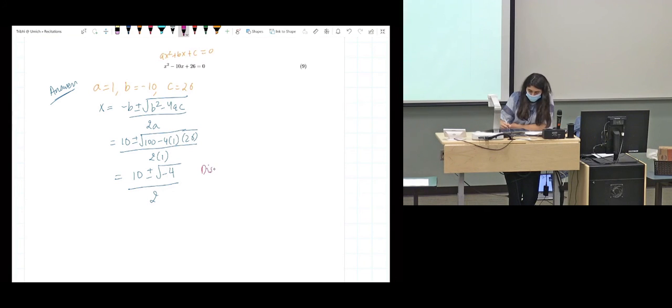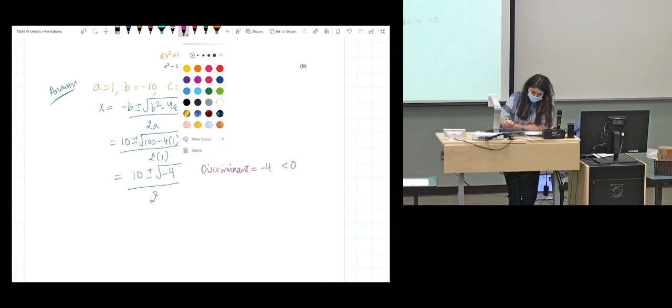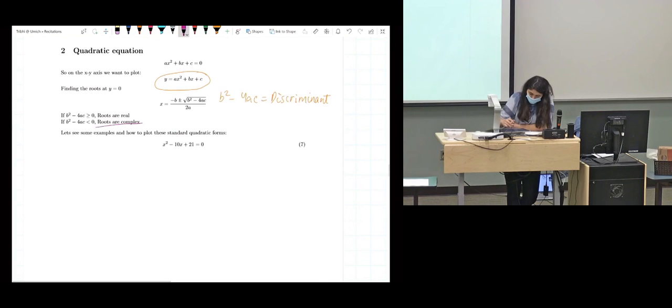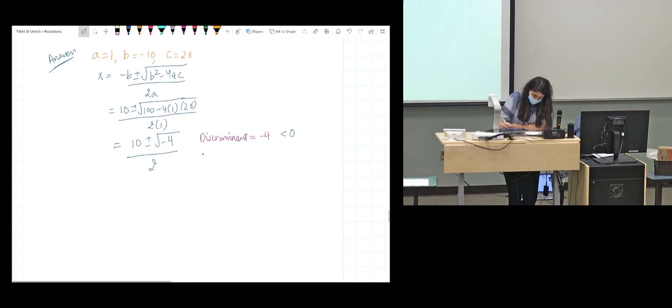The discriminant from here is minus 4, which is less than 0. When the discriminant is negative, we know that the roots are complex. So from our equation, we know that our roots are complex and